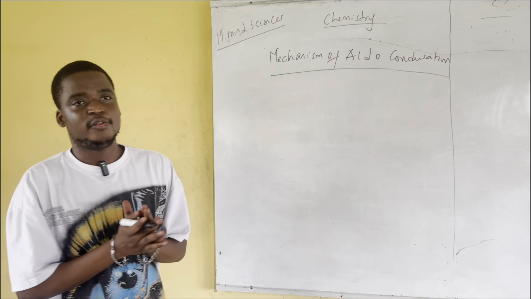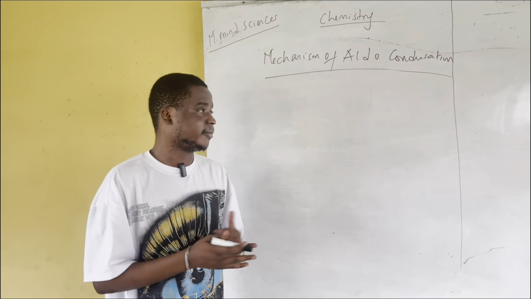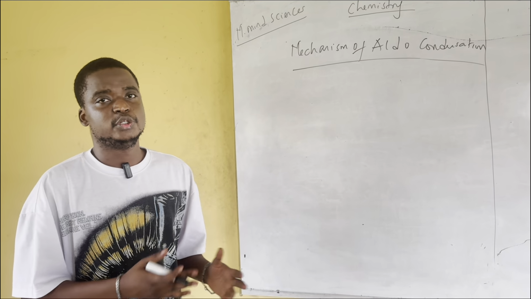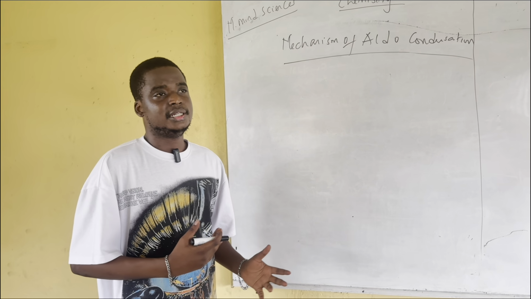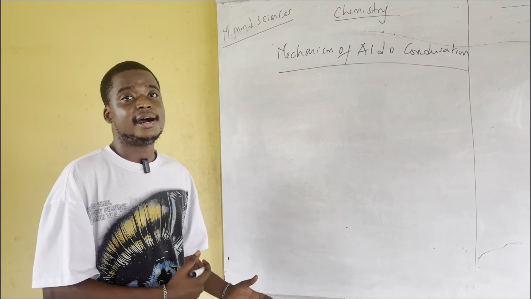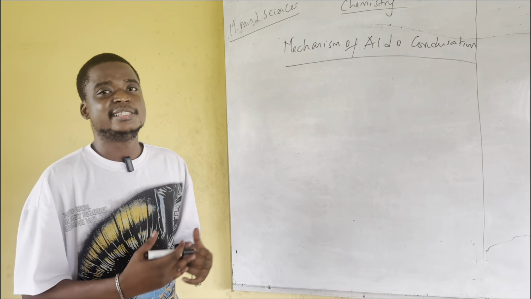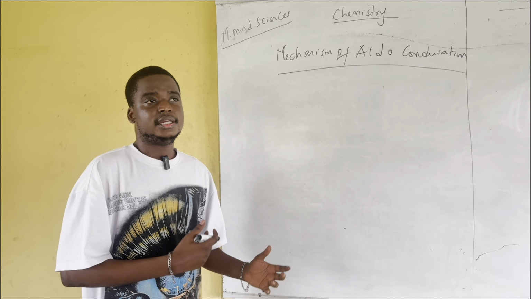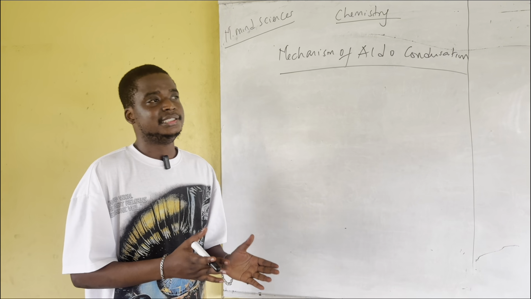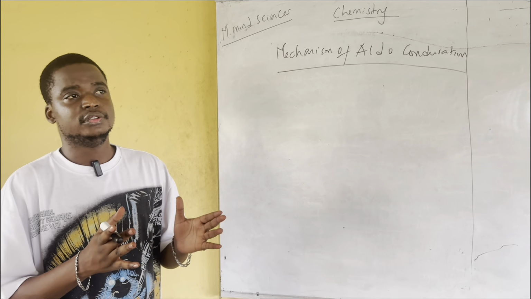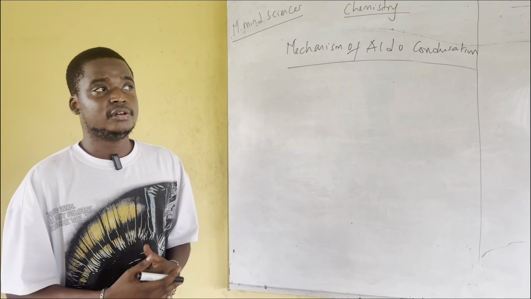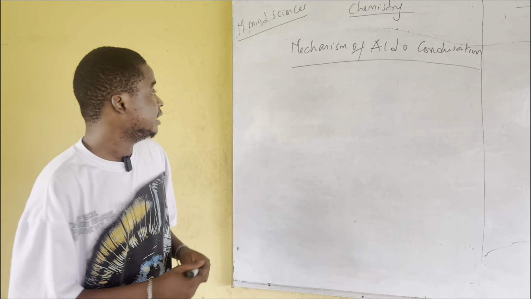Now, let's define what an aldol condensation reaction is. In very simple terms, an aldol condensation reaction is a reaction between two carbonyls in which one of the carbonyls must have an alpha hydrogen, that is, it must be enolizable, in order to produce a molecule that is formed from the two carbonyl groups, known as an aldol. Now, that molecule known as an aldol is also called a beta